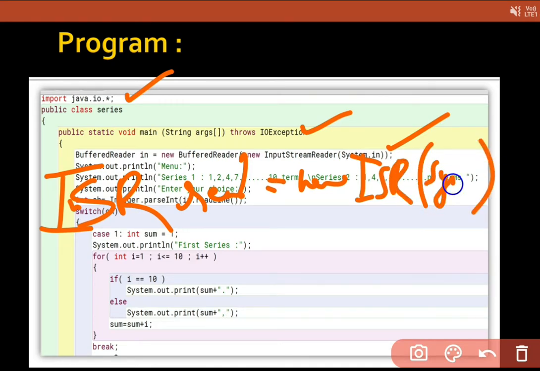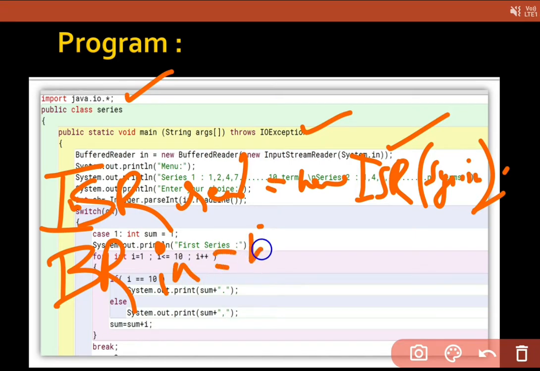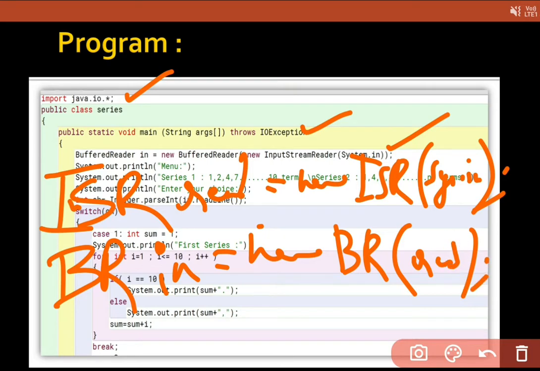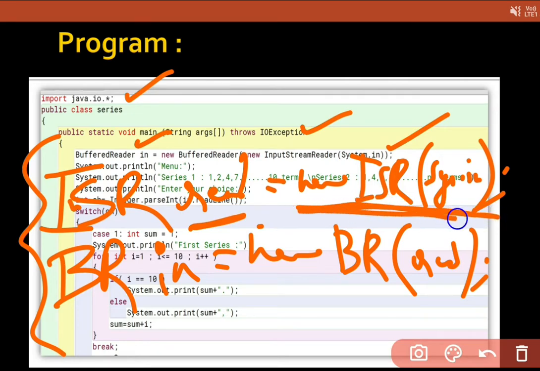Previously I was writing in this way. In short, I'm writing it right now. And here I'm writing BufferedReader br equals new BufferedReader(read). Previously I wrote these 2 lines, but now I created one line, which is a combination of these 2 lines. How? See, read contains the value new InputStreamReader. If I put new InputStreamReader in place of read, then I get this line.